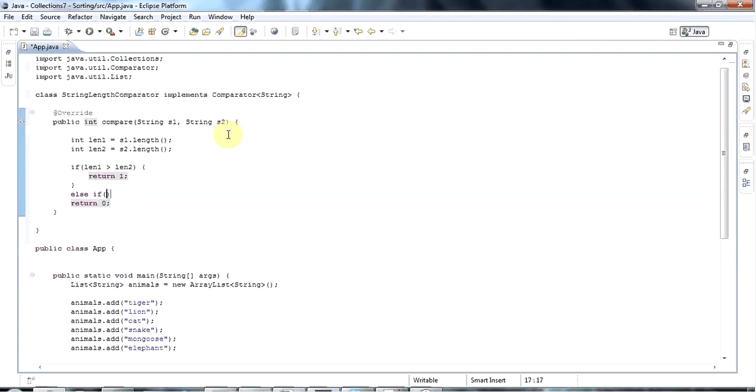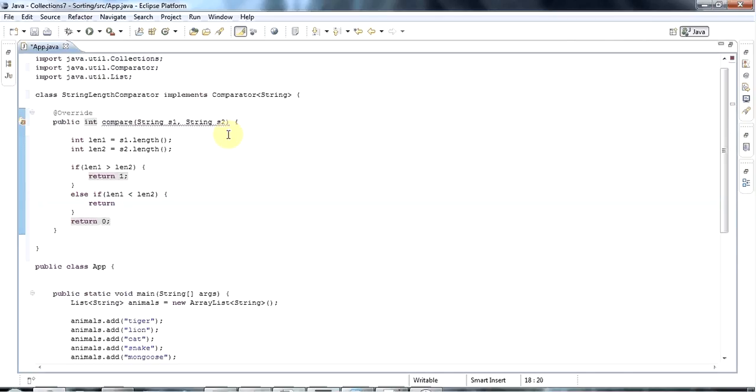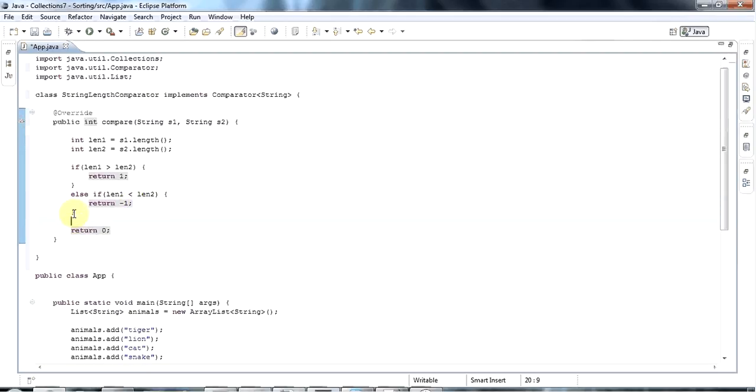Else, if len1 is less than len2, I'm going to return -1. So for greater you return a positive, and for less than, if this is less than this, you return a negative value. And if neither of those cases occur, I'm just going to return 0 down here. Now, to use that